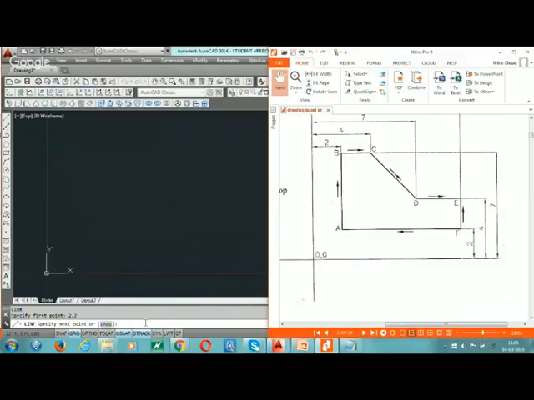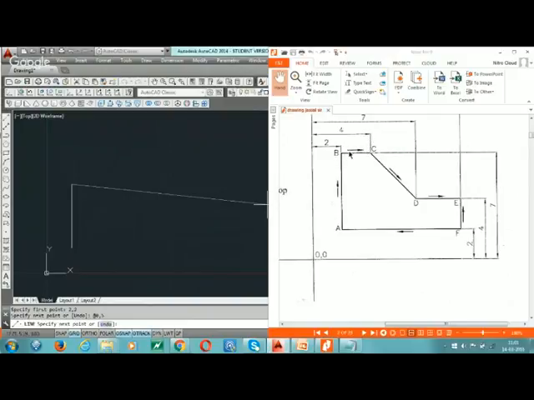Then we use @. In X we are 0. In X we are not going further. Then @ 0 comma 5. Enter.